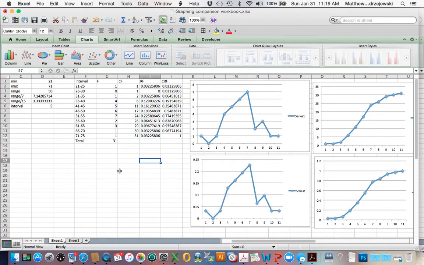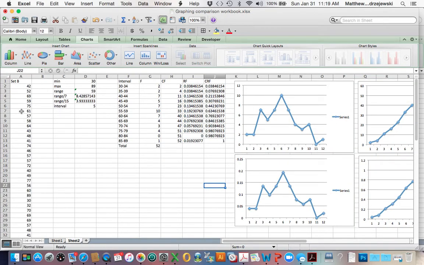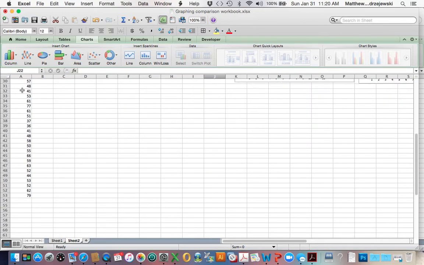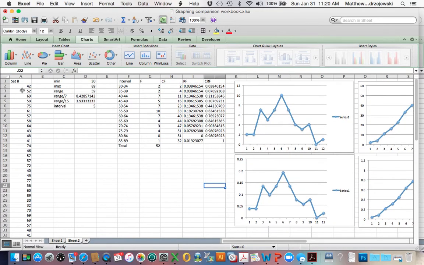That's one part of the problem in your problem set. In sheet 2 here, I have a second set of data. Here's set B, and it has 52 scores. I've done the same thing. I've calculated the minimum, the max and the range, and then I've divided that range by 7 and by 15. And it turns out that I can use the same interval with 5. So I start with the smallest value, 30, and I go 30 to 34, 35 to 39, and do the same thing that I've done